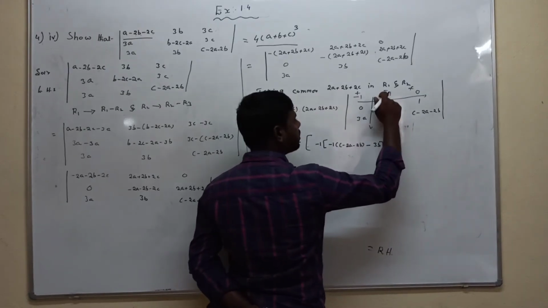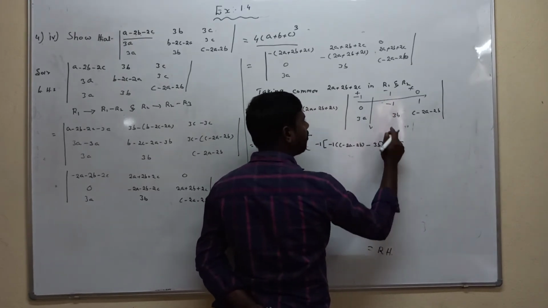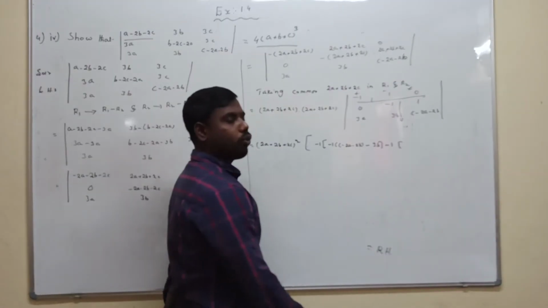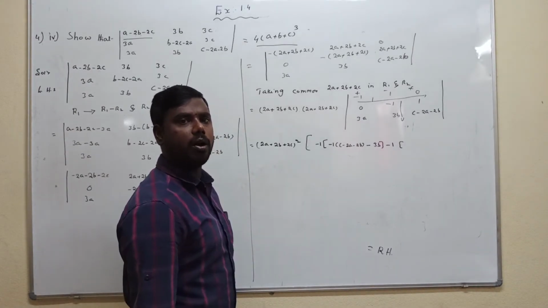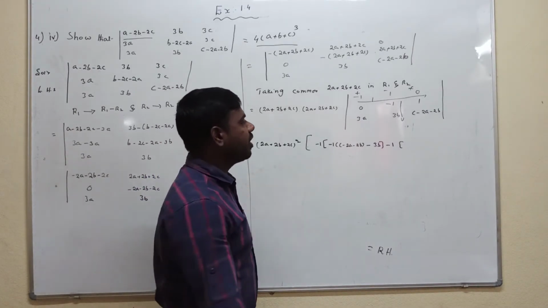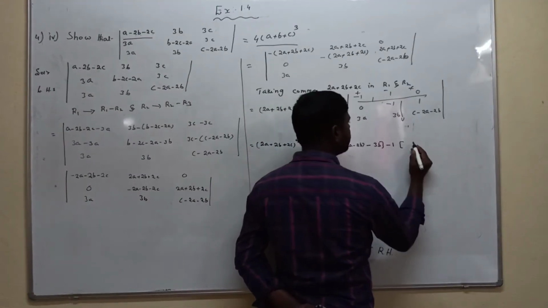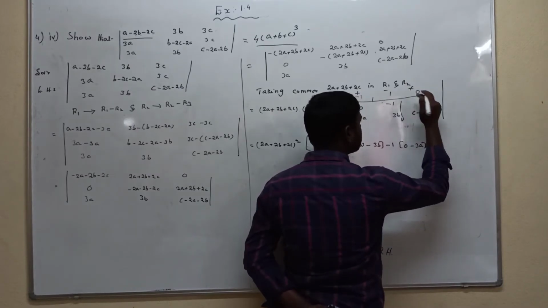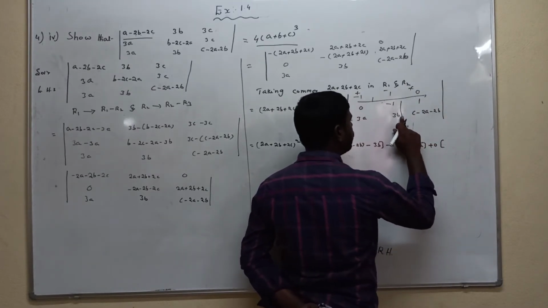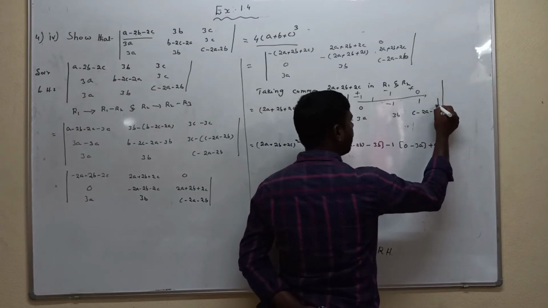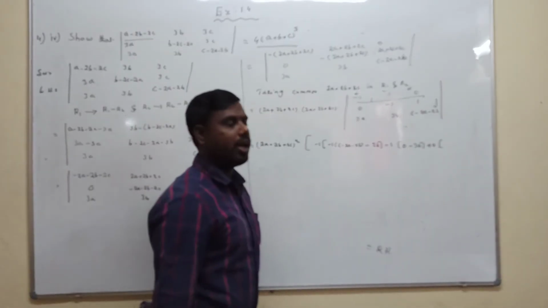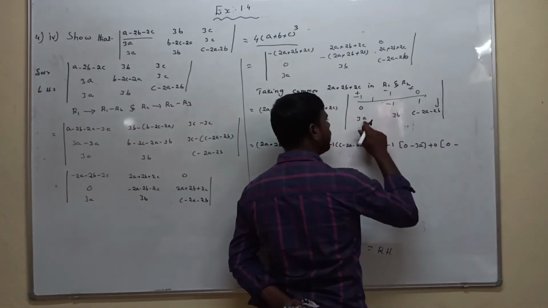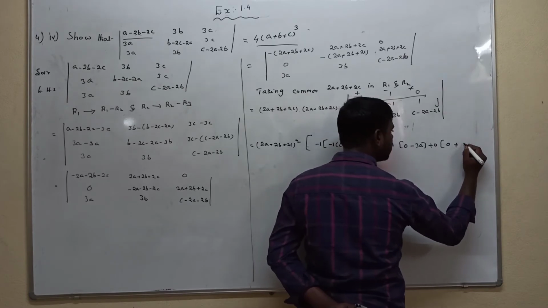Next, second sign is negative, element is 1. After that the 1 present in the first row, second column is eliminated. So write the determinant of the left of the elements. After that cross multiply with the left of the elements. 0 into anything is 0, minus 3a into 1 is 3a. Next, plus 0. 0 present in the first row, third column is eliminated. So cross multiply with the left of the elements. 0 into 3b value is 0, minus 3a into minus 1 is minus 3a, minus of minus is plus 3a.